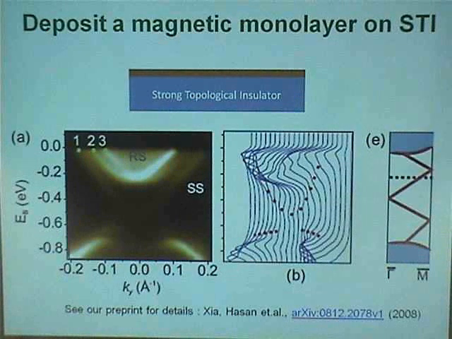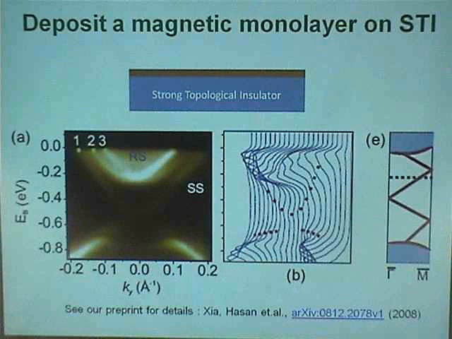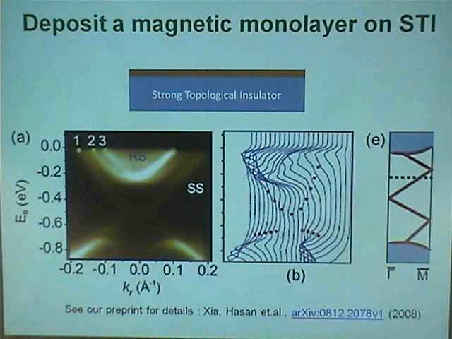Principal group also did the magnetic field experiment. Yeah, but not the direct imaging of the band structure. When you dope iron on it, it's paramagnetic? We haven't characterized all those details. But this is with the internal magnetic field or without? We just deposit some iron on the surface without external magnetic field. Yeah. So you don't know